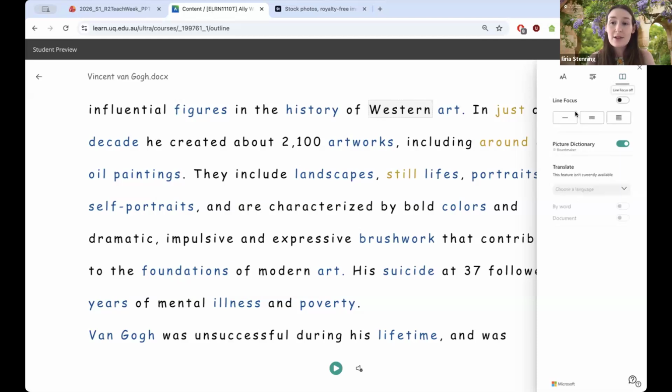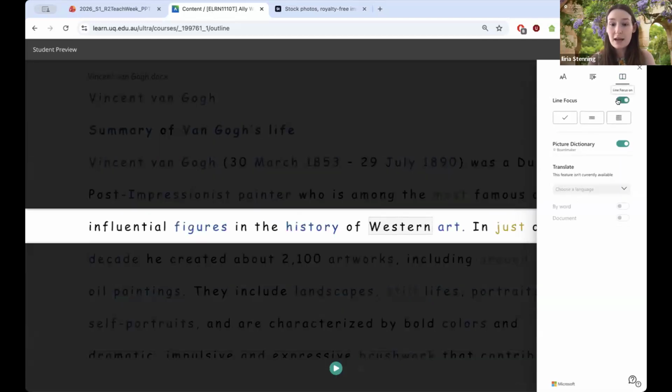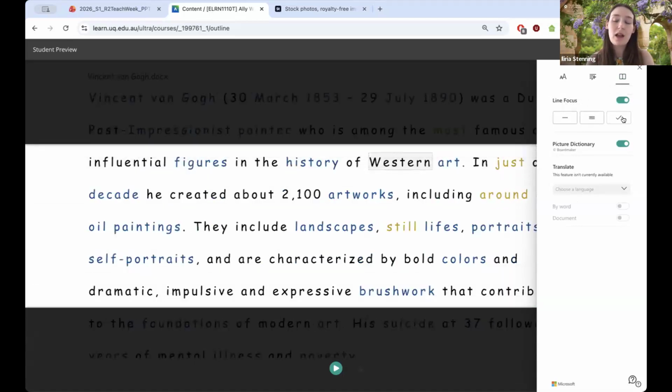The last little option here is line focus, which is great for consuming this content. It can focus on a particular line, on 3 lines, or a group of lines together. So as you're playing,